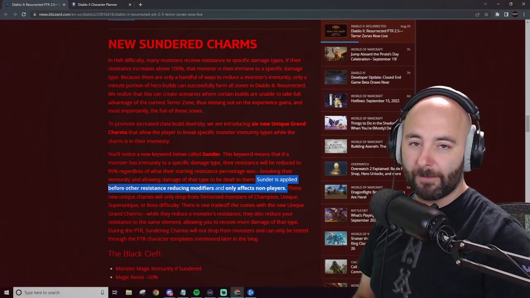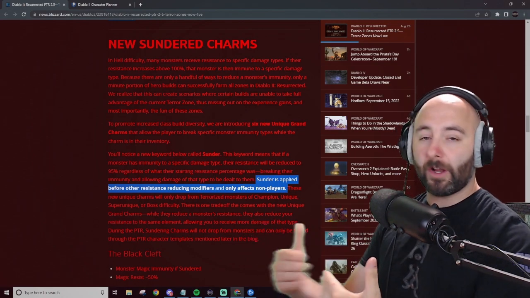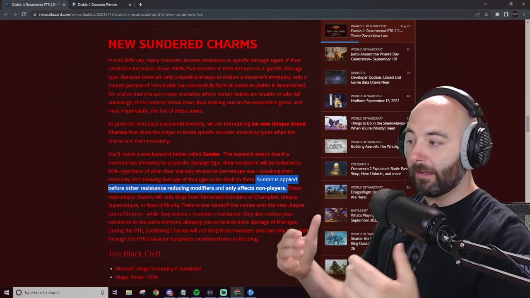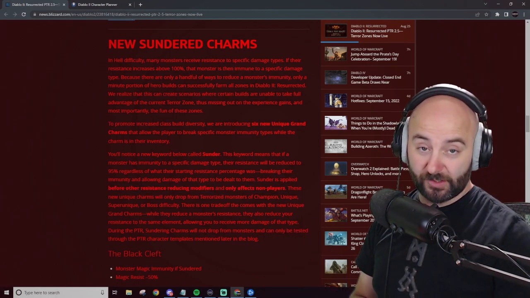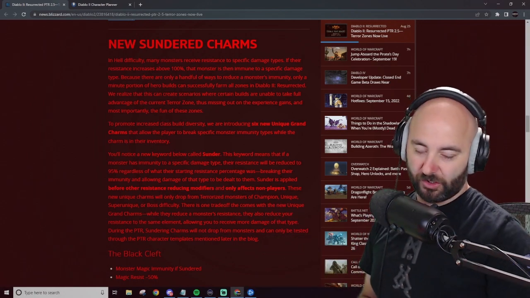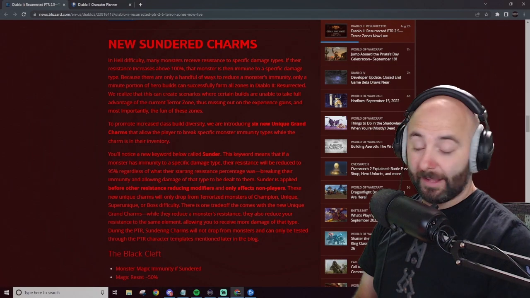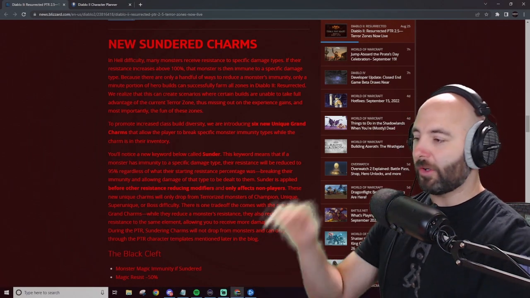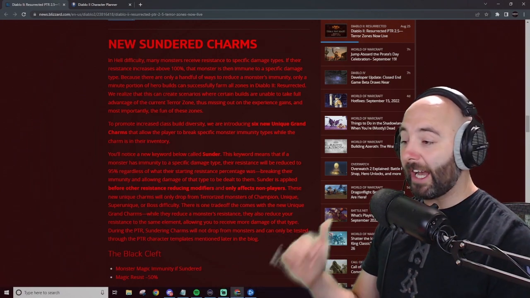Now, one thing we tried: when I'm using the Sunder Grand Charm, my buddy over here doesn't get it. It's a very personal effect. So let's talk about the Hydra Fire Sorceress for a second using Hydra. The Fire Sorceress is sundering all the targets. The Hydra is not. That three-headed fun bag is doing nothing. So he's going to sit there and puke out fireballs that do no damage because the Hydra is not sundering